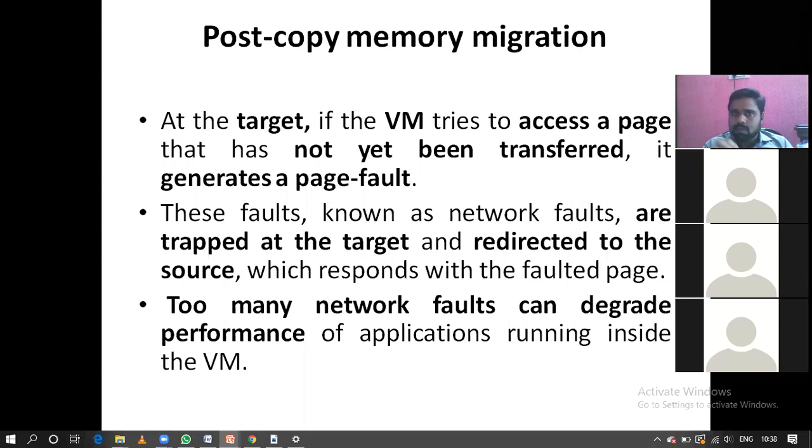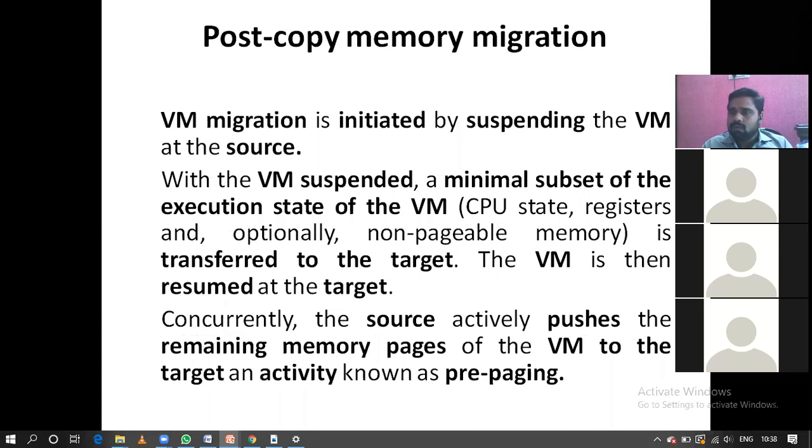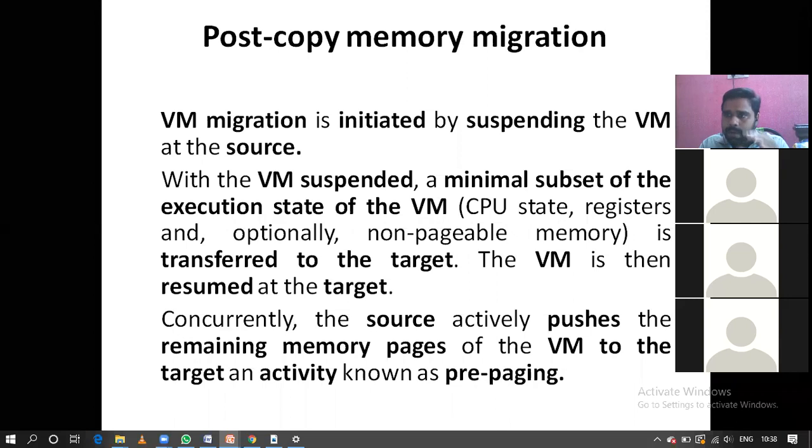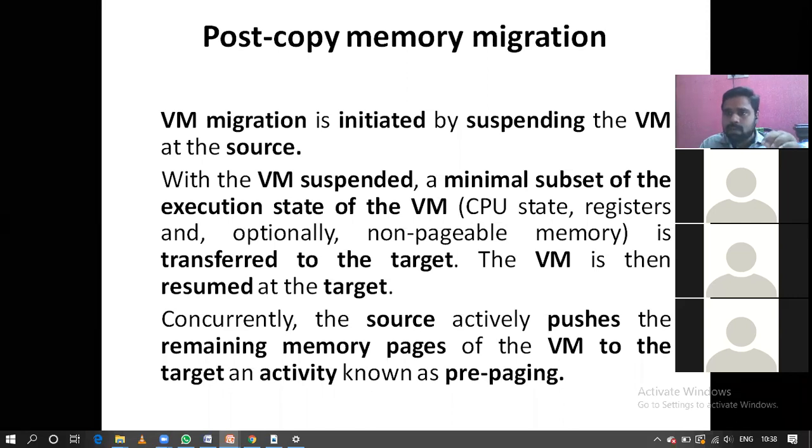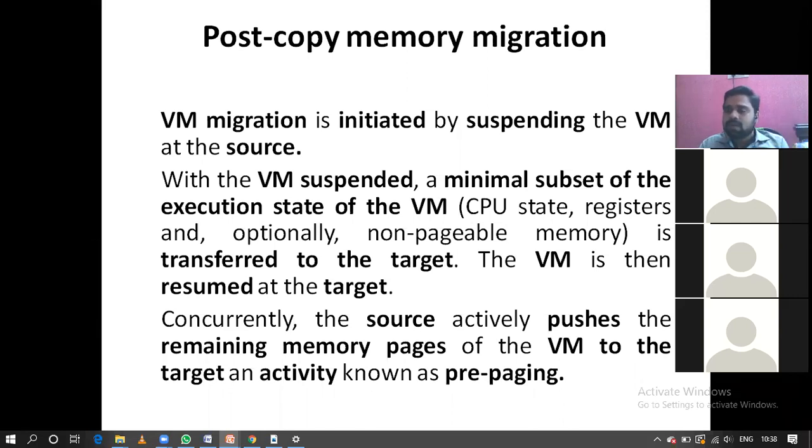In post copy migration, what we do is first stop the source virtual machine. We move only a subset of the overall virtual machine, the part that is currently being executed by the processor at the source side, to the destination.